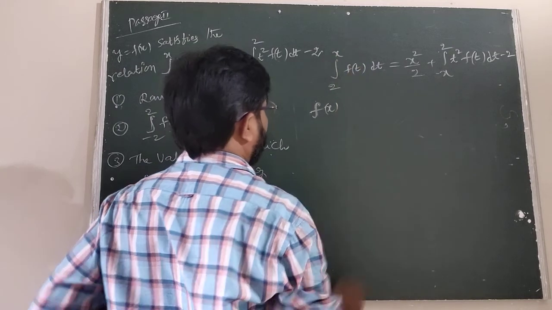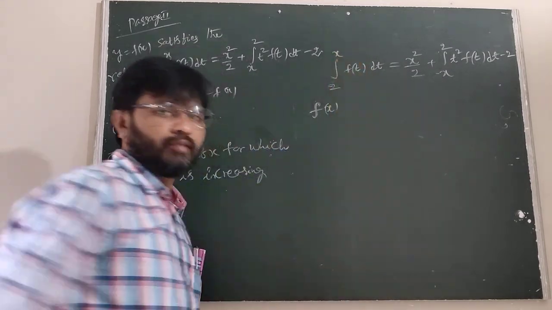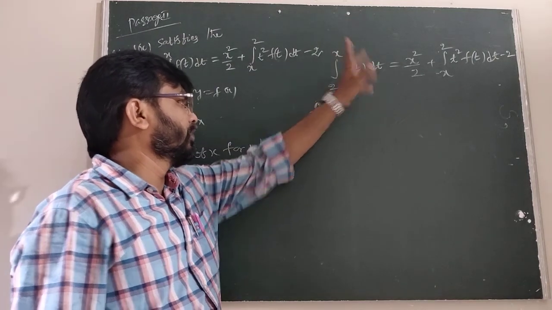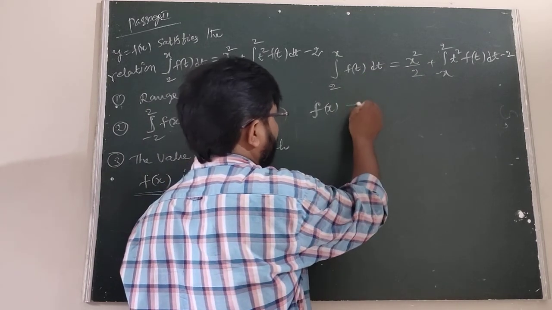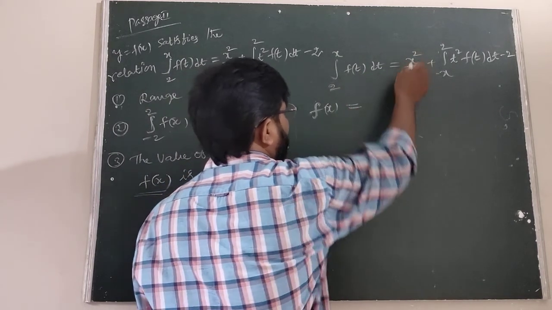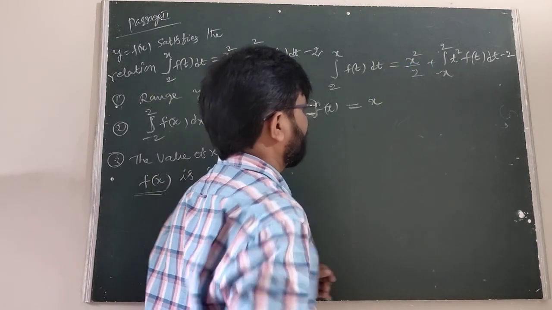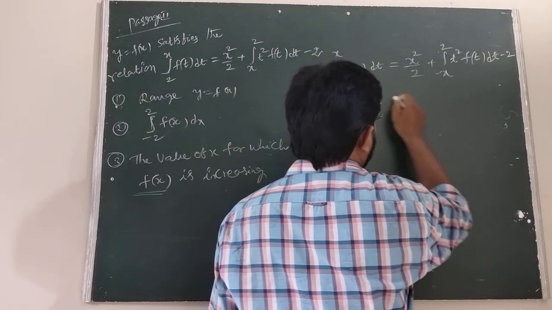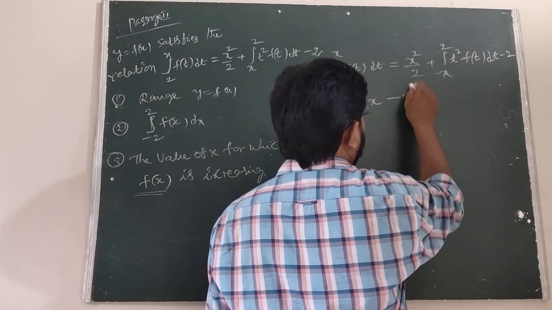This is the f of x. The derivative of x is 1. Okay, we can apply the Leibniz rule on both sides. That is f of x, the derivative of x is 1. This is f of 2, the derivative of 2 is 0. Now here the derivative of x square is 2x by 2, the 2 cancels. Now here the 2 square and the derivative is 0. Now we can write minus of, that is x square.